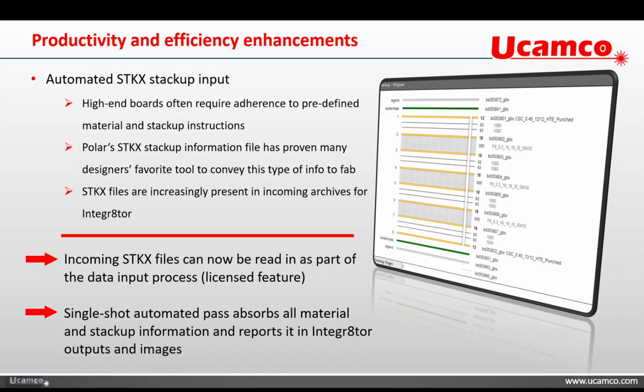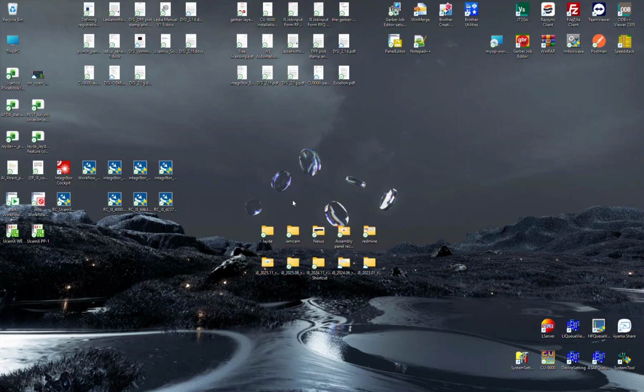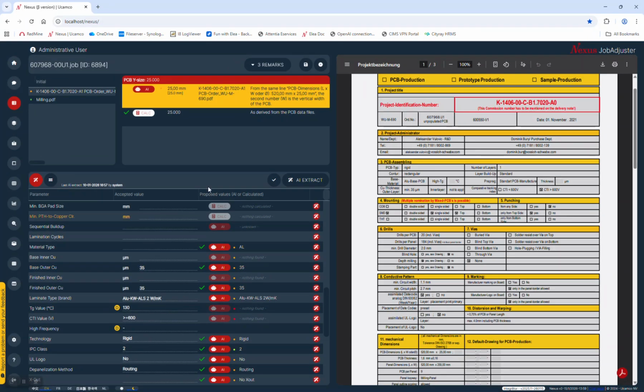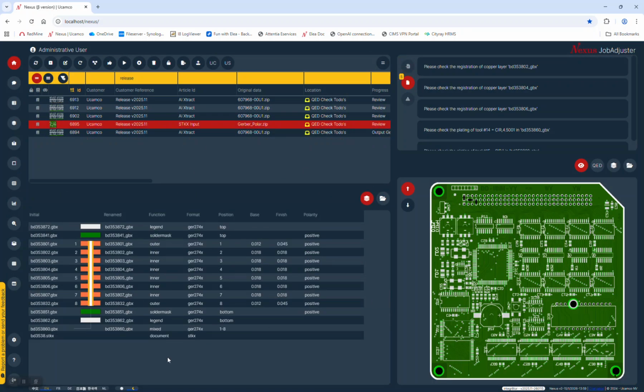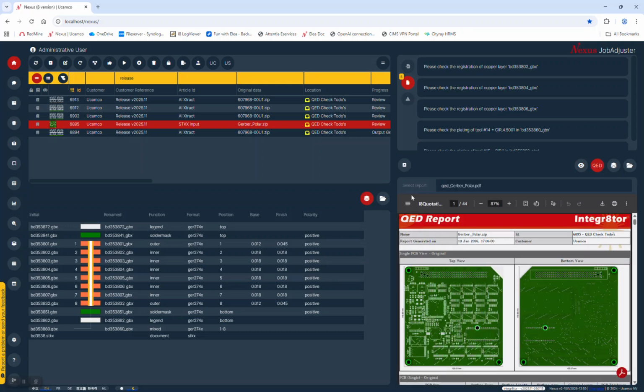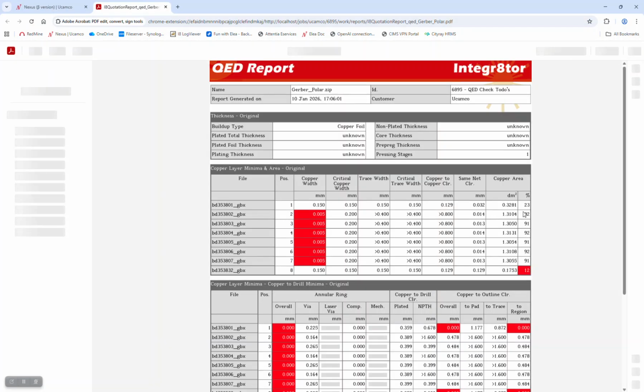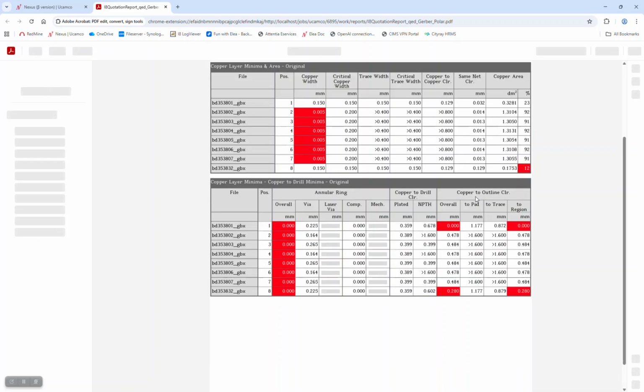And if we find one, that we are going to read it in and make it part of the whole analysis process automatically. And that's basically what you see here in the screen dump on the right from, I think, let me check, I think I have this job online as well, don't I? You get out here. Yeah, I think this is the one. So in this archive that we've processed here, there is an STKX, and basically what that has produced is, if I open this just from the first run, without any extra